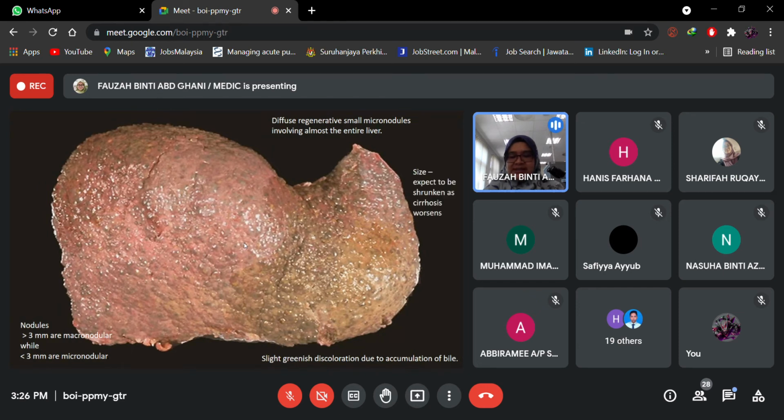The size, we expect it because of these micronodules, as I think Abirami also mentioned that these nodules may be due to fibrosis. Okay, so fibrosis in layman, what is the layman